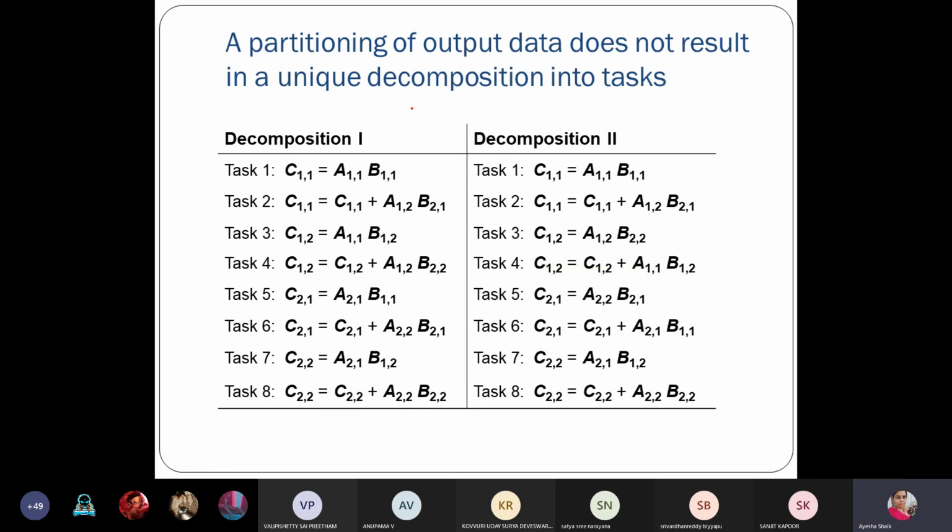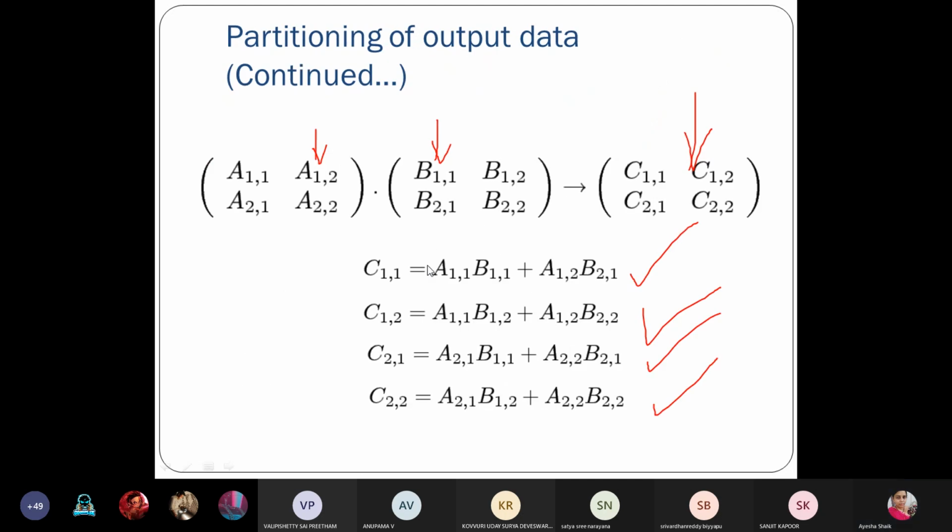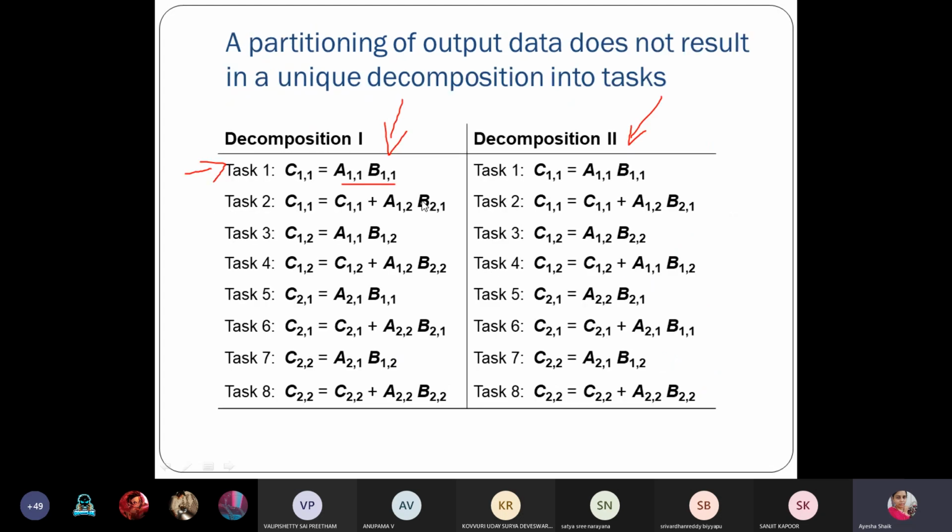Here we can decompose in two ways: the first decomposition and the second decomposition. If I take it as four tasks, I can directly multiply and produce the sum. Otherwise, in the first task I take only A11 and B11, and the result produced there I add with the other product. So computing the first product is one task, and the sum of the two is another task.